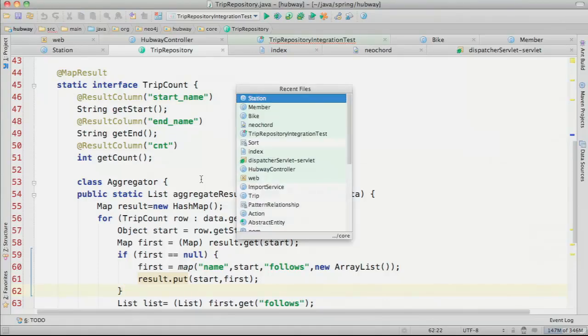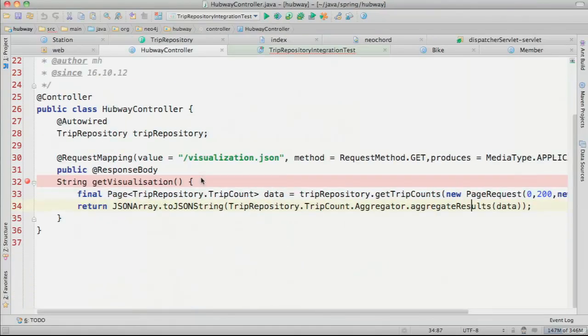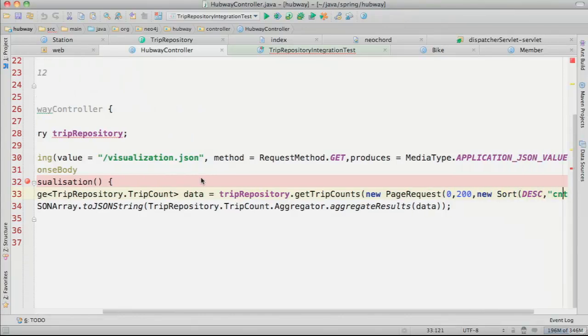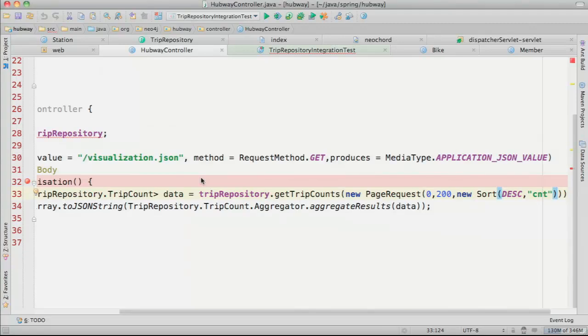All that should concern us is the Hubway controller. I have a repository, I call the statistics method on it, and I pass in page information, so I just want to see the top 200 stations, the first page of 200 stations, sorted by number of rides per station pair.